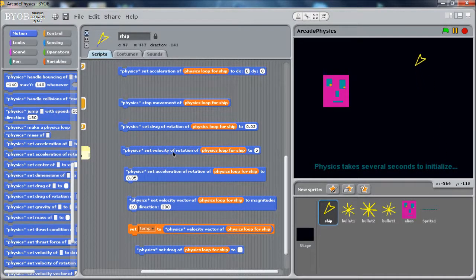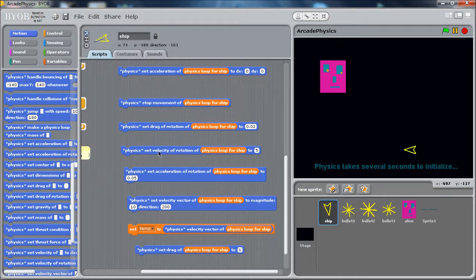I've shown this in a previous video, but you can just set a velocity of rotation. Let's see what happens if I do that. That's all we need. Now we really can't control our ship. We can still affect it, I can make it go fast and make it go slow, but I can't any longer control my ship. That's kind of like almost a separate part of the physics calculations. It has